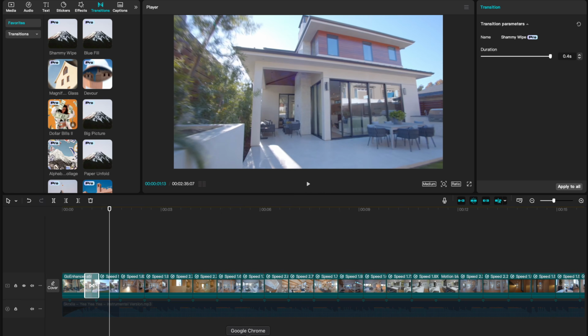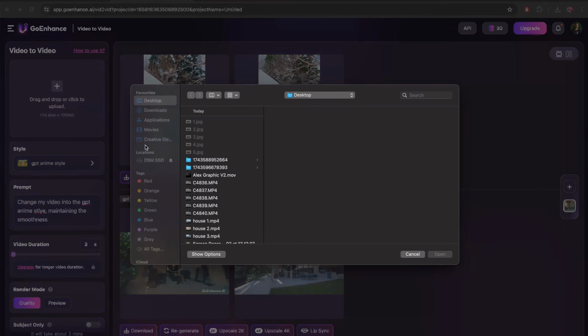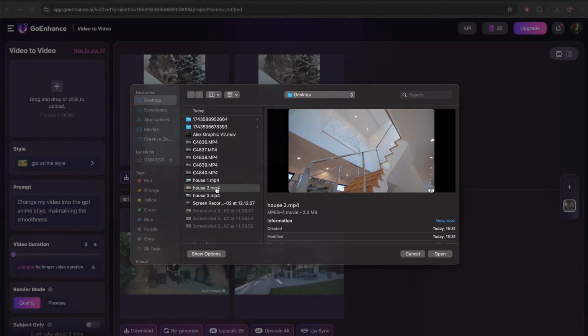Let's go back to Go Enhance and select a new clip that we can apply the effect to. I'm going to use House 2. While we're waiting for that anime style to apply to our second clip, it's time to move into the next